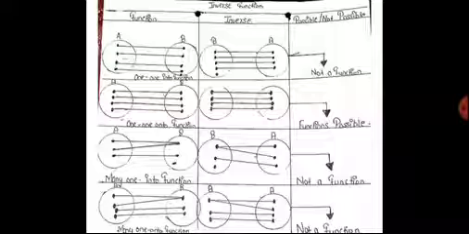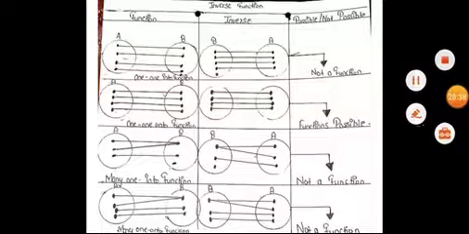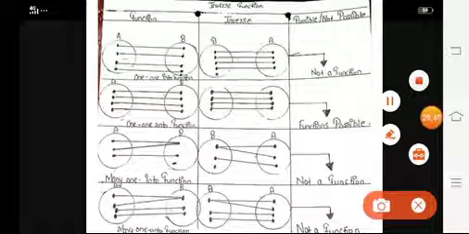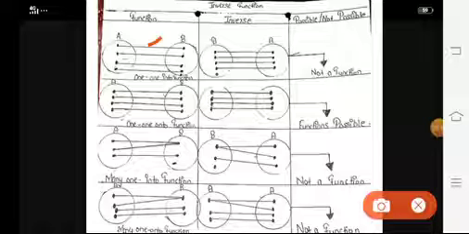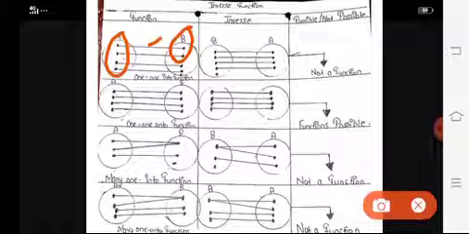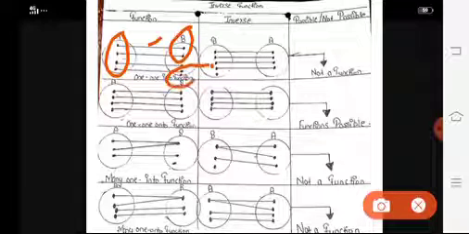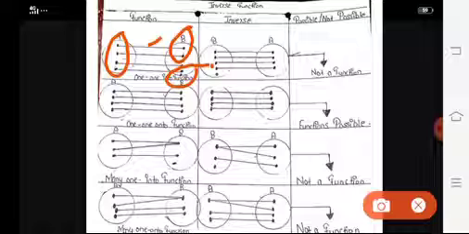Now let us come to the pictures given in the slide. In the first picture, what we see is a function from A to B, and let us see what type of function this is. This is one-one as well as into, because different elements of the domain are having different images. And why is it into? Because there is one element in set B which is not having any pre-image in set A.